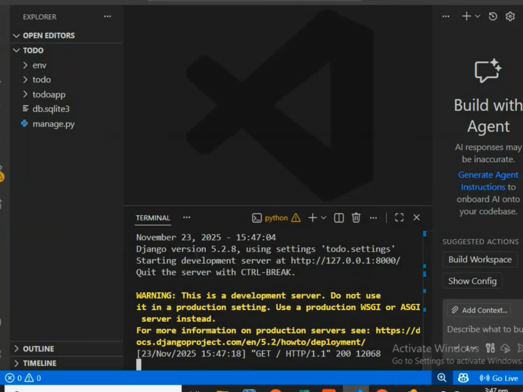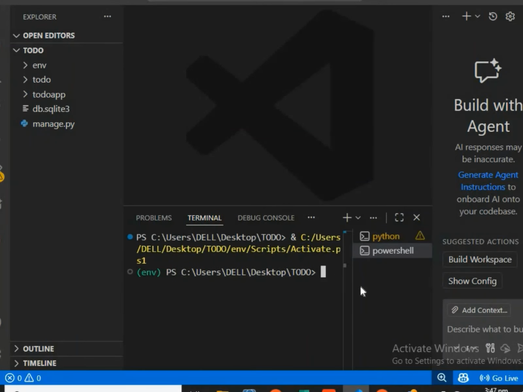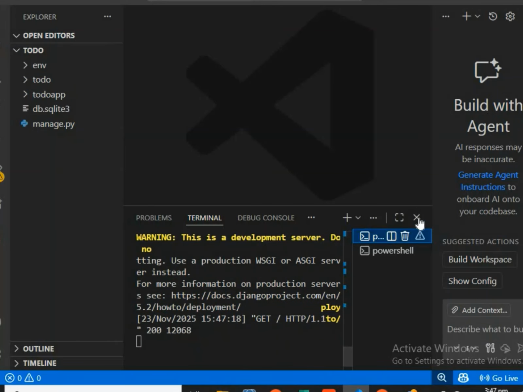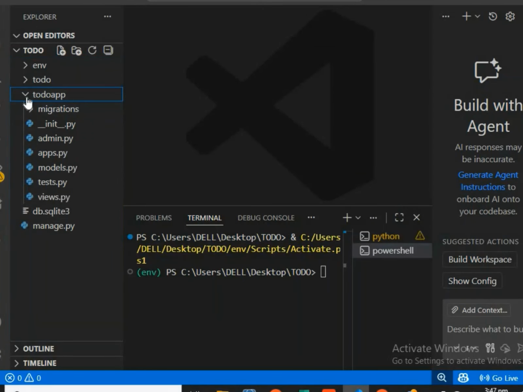So I'm going to open a new terminal here. I'm going to use this one for production to write our code, while this one runs our server. Then this other one is going to be for creating our product. All right, so the next thing we need to do is link this app